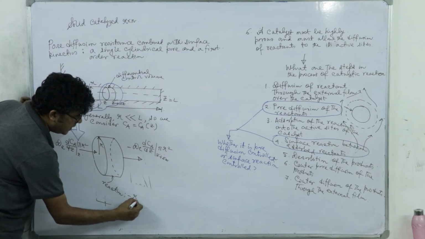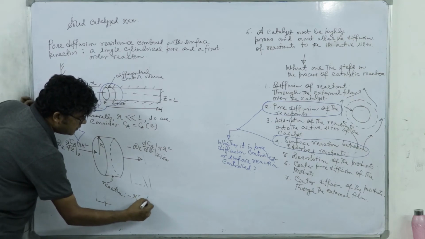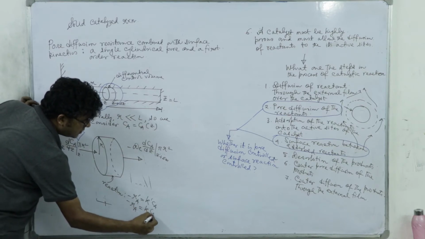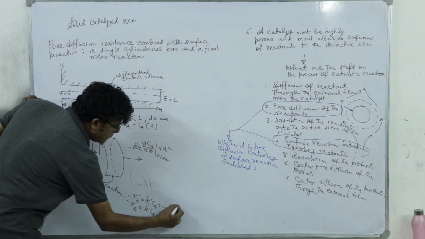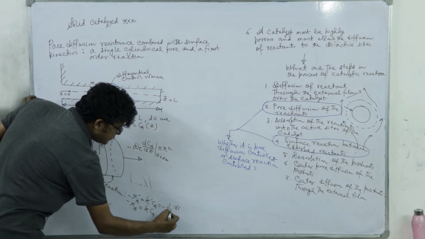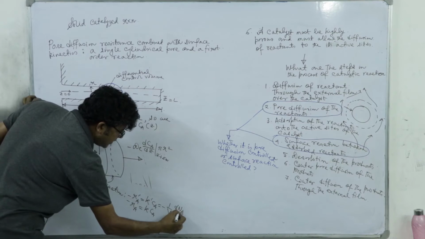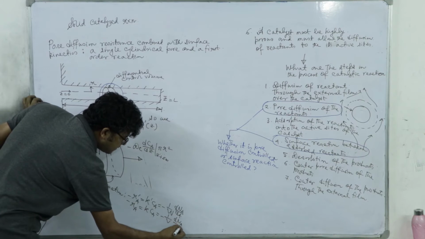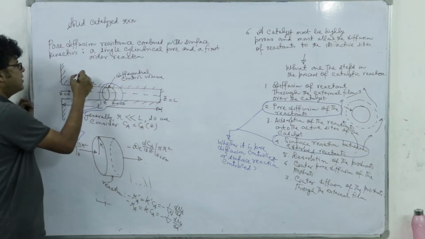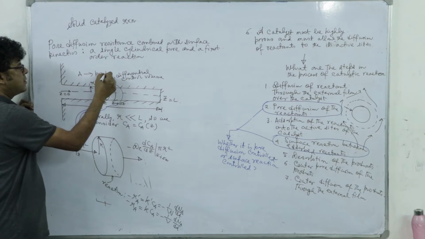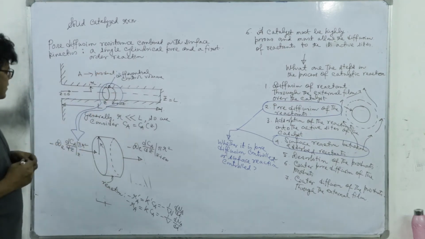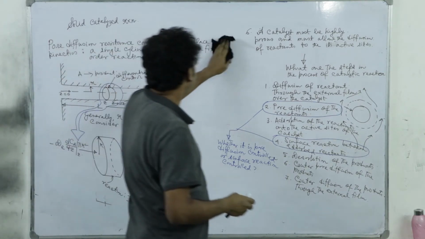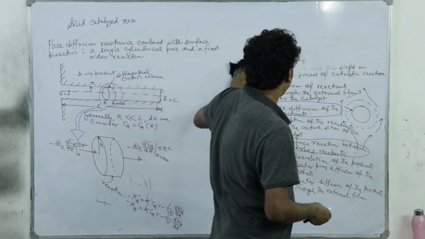The kinetics is minus Ra prime is equal to k prime Ca or minus Ra is equal to k Ca. The basis here is the weight of the catalyst, as we have used the prime sign, and here it is the volume of the reactant. And the reaction A giving product is going on. Right. So, we will write a steady state balance over this differential shell or the control volume.